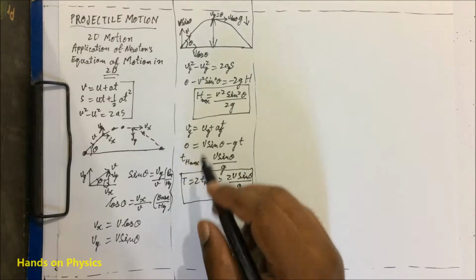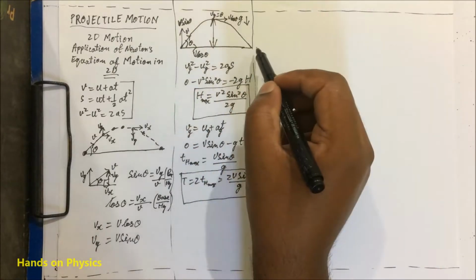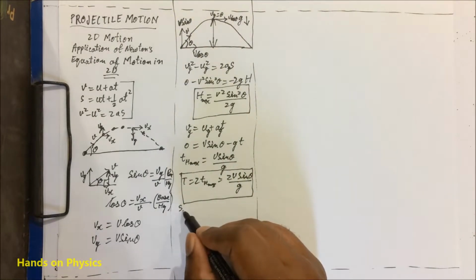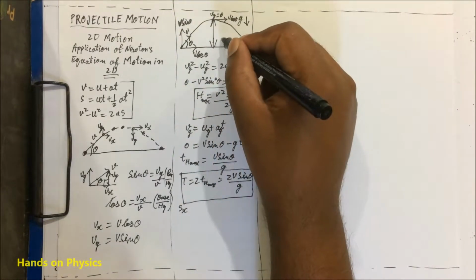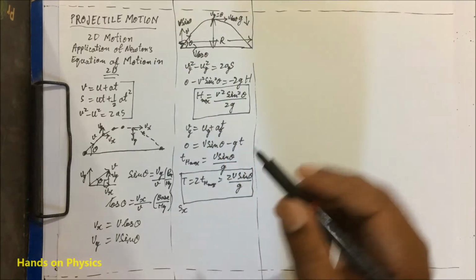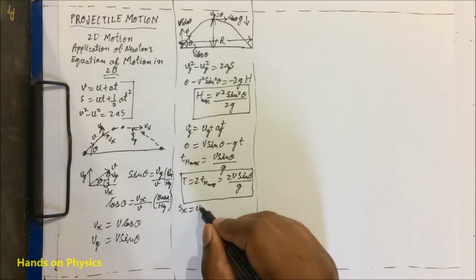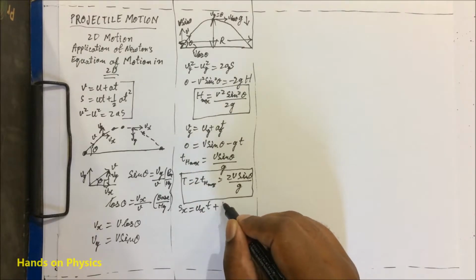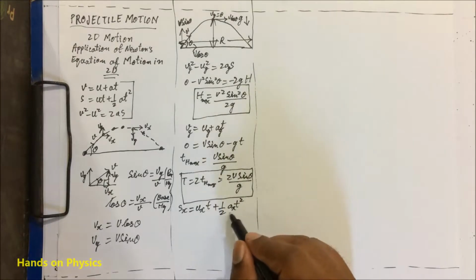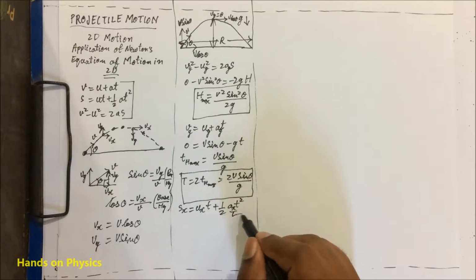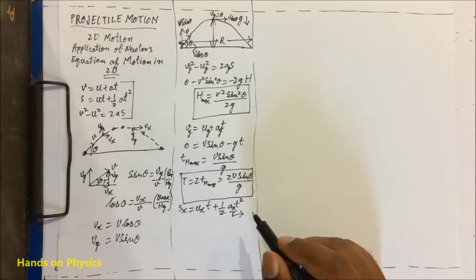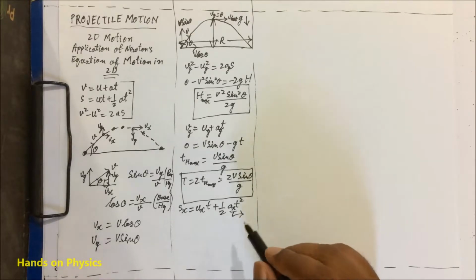Now if we apply the distance equation, the second equation of Newton, in the x-axis direction, that is s of x, to find the total range, that is, the maximum distance it will travel. So s of x will be equal to u of x times t plus half a t square. Now we know that in the x-axis direction there is no acceleration. So if we neglect the air drag or any other force acting on it,